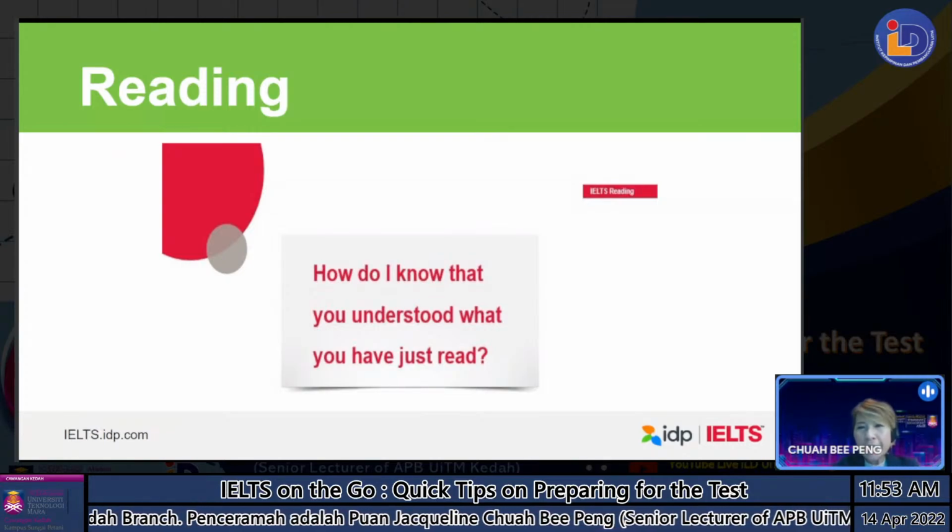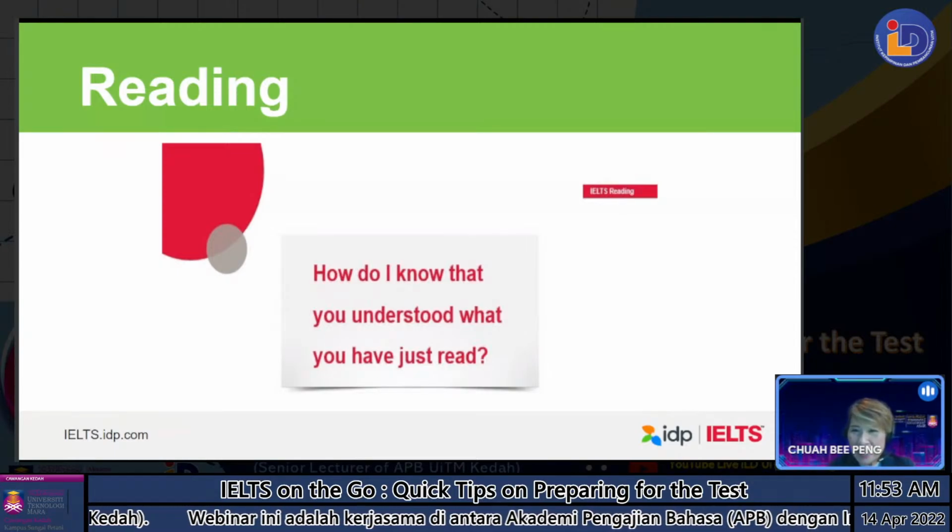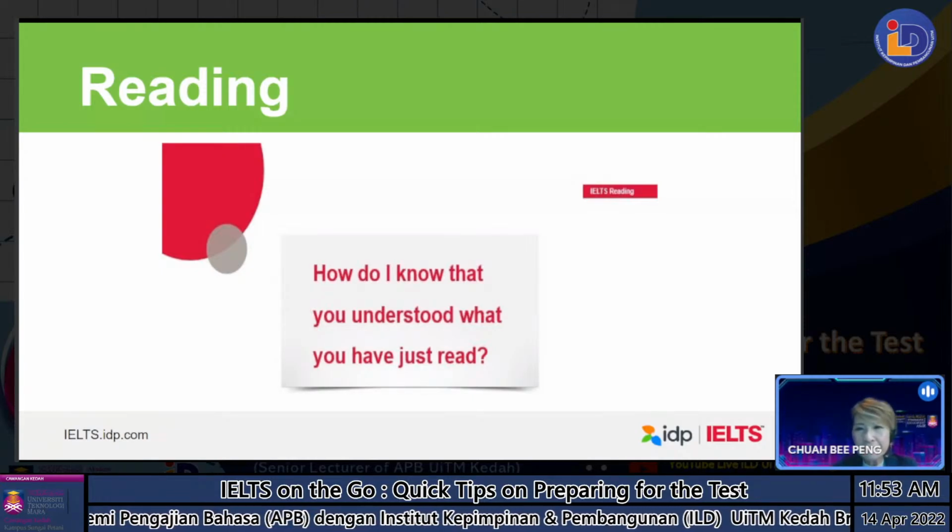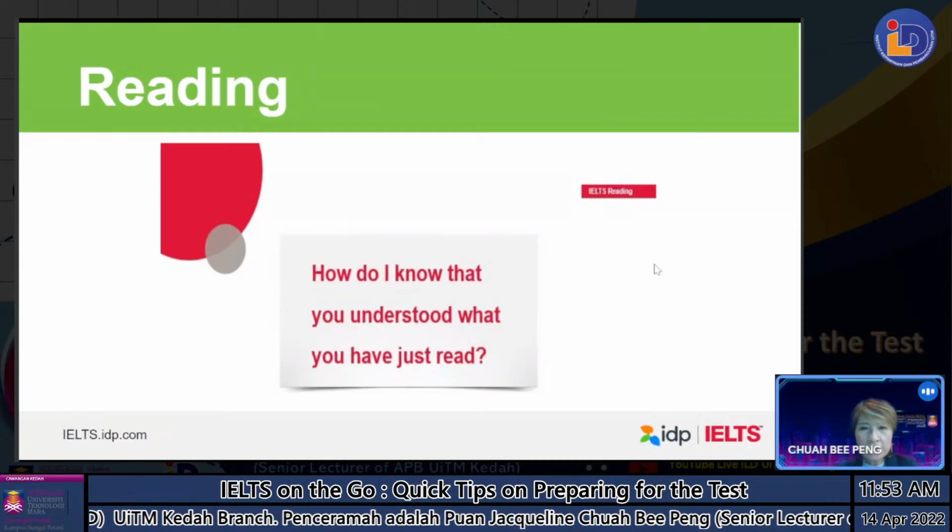So if you find that other candidates already flipped to the second page and you're still stuck on the first page, you really have to go to the second page already, because people have moved on. That's gone to the other questions already, so they won't repeat it for you. All right, Fauziana, is that clear? Yeah. Okay, I hope I answered the question.